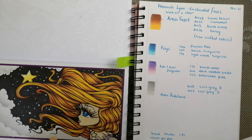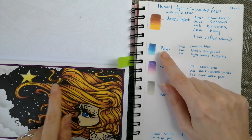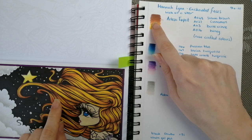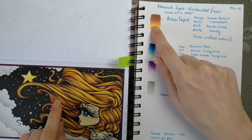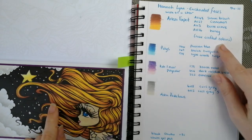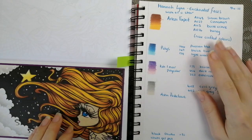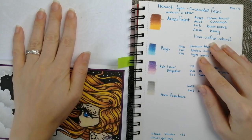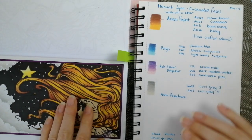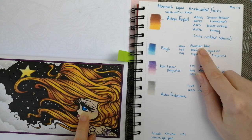So on this, her hair itself is Arteza Expert in this beautiful kind of cinnamony blonde, and we are A048 Sienna Brown, A027 Cinnamon, A113 Burnt Ochre, and A076 Honey. And that colour combination I actually got from one of Rosie Crafted Colours videos, I believe, where that's the combination colour she used for the hair, and I really liked it, so she's aware I've stolen it. We then have for her eyes in Polychromos 246 Prussian Blue,